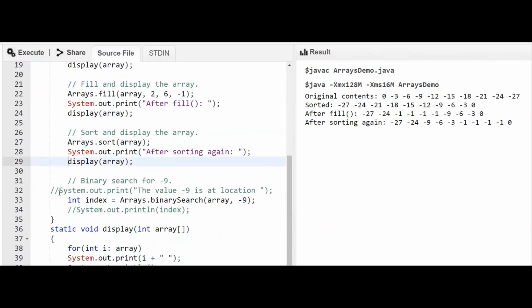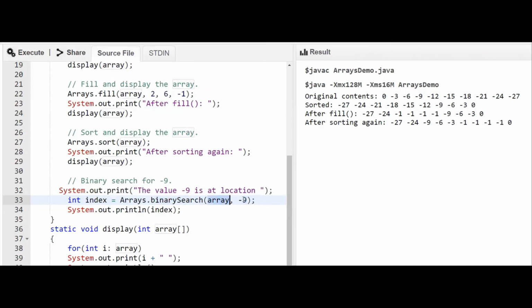Now we can perform binary search on this. If you want to binary search for -9, let us try to find whether -9 is present or not. This is a print statement, Arrays.binarySearch, and then the array in which we want to perform the binary search has to be passed, and the value we want to search for is also passed.